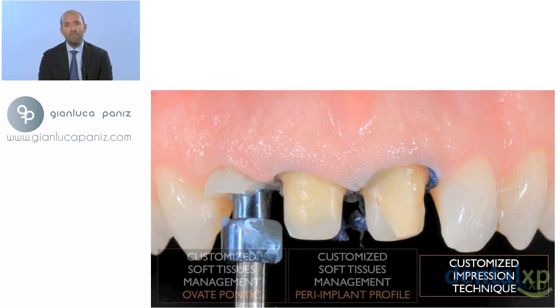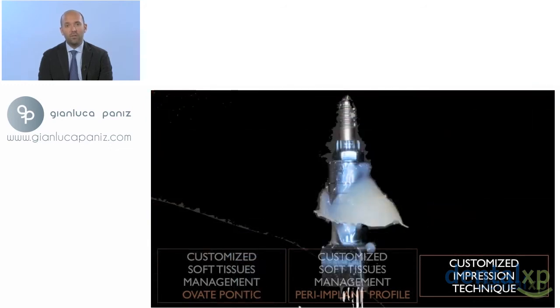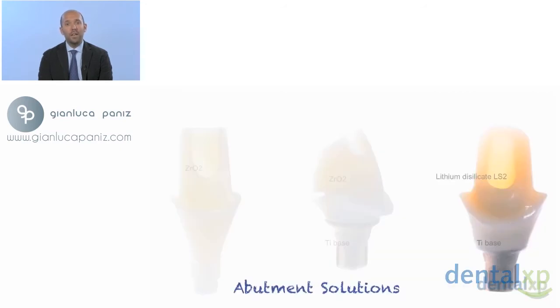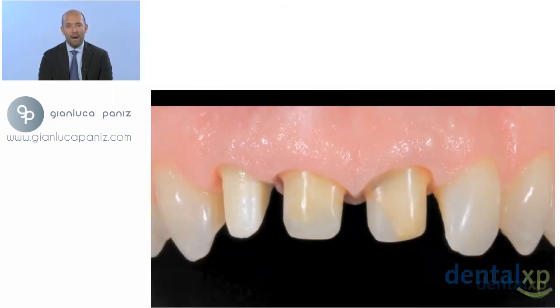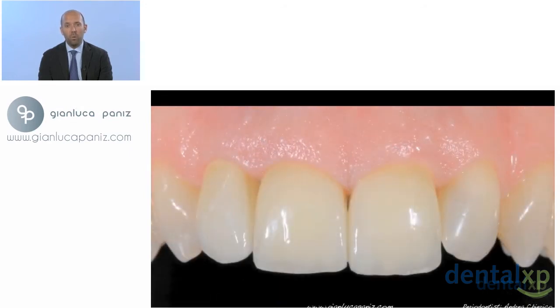And one more time, the provisional restoration shape is transferred to the definitive restoration through the utilization of a customized impression coping. And in this case we have a nice color of the abutment teeth. That is the ideal condition for utilizing a lithium disilicate restoration, and that's why we selected a lithium disilicate abutment, and here is the insertion of the abutment, and lithium disilicate crowns both on the 2 teeth and on the